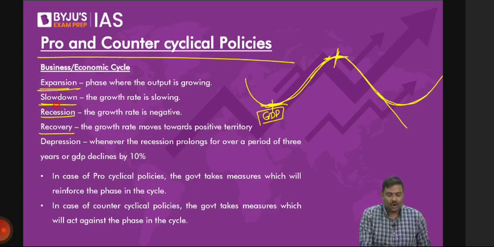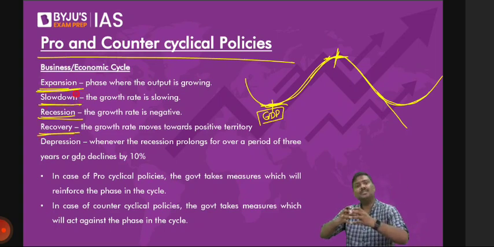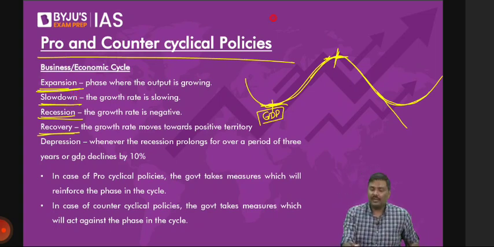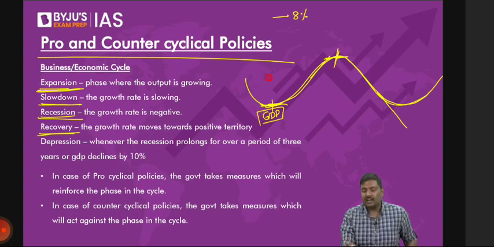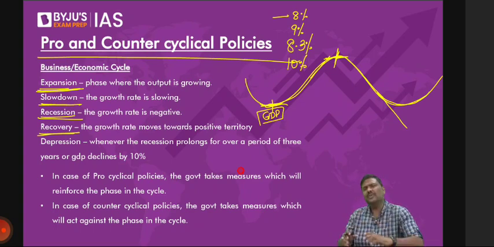What do you mean by expansion? It is a stage in the economy where GDP is actually expanding, increasing at a very good growth rate. For example, from 1 year to the next year, 8% growth rate. Next year, 9% growth rate. Next year, 8.3%. Next year, 10% growth rate. Can't you see that for the Indian economy, if this is achieved, we are not going to achieve this very soon. If this is achieved, the economy is moving at a very, very good pace. That is called expansion.